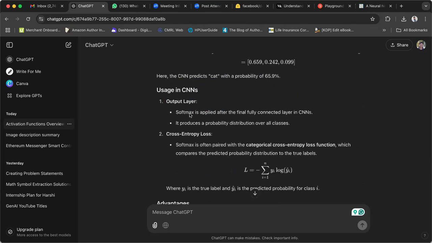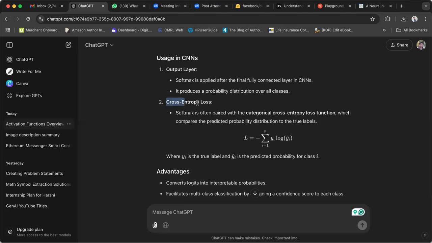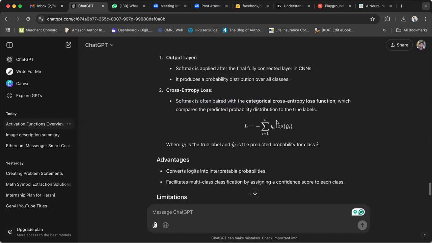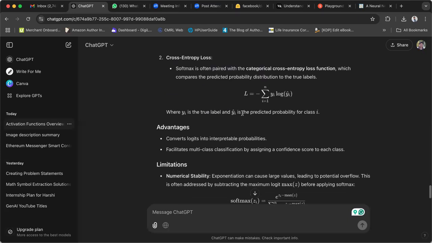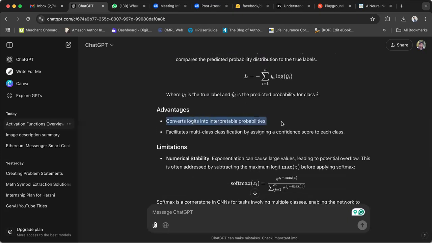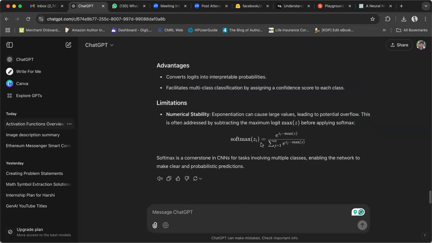It is applied after the final fully connected layer, and it produces a probability distribution over all classes, and it also uses cross entropy loss. We have done entropy in machine learning itself, right? The same concept is applied in softmax, and that is how it gives you the loss function or error function. Through that it converts logits into interpretable probabilities and facilitates multi-class classification by assigning a confidence score to each class. There are limitations, but still